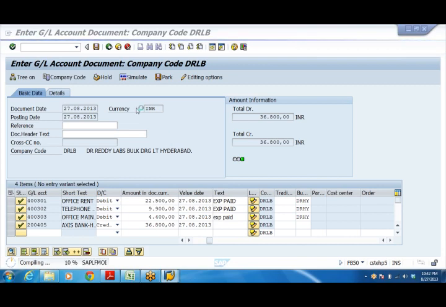Okay, anyhow, let me check. We'll continue tomorrow. I'll tell you what happened to this and why it is taking this much time. Meanwhile, you start posting an entry, look at the document, and this I'll